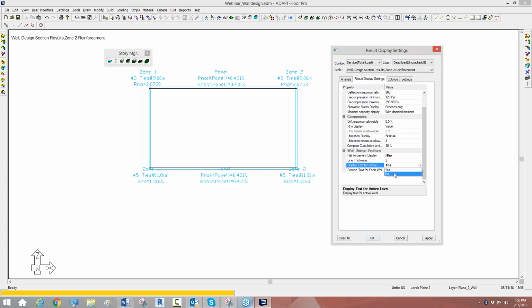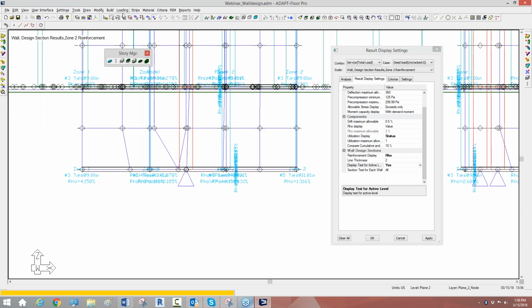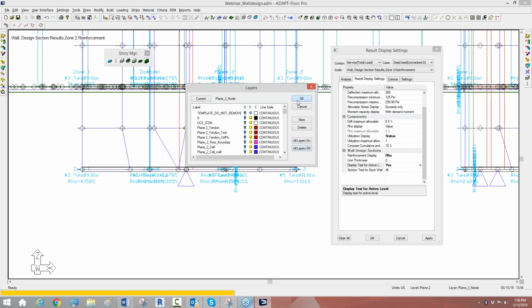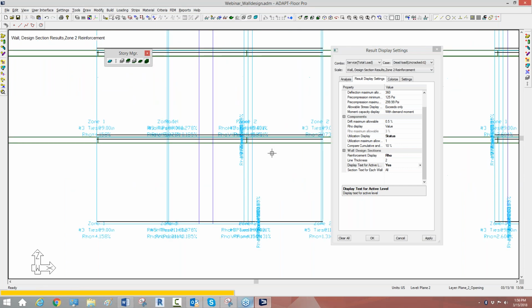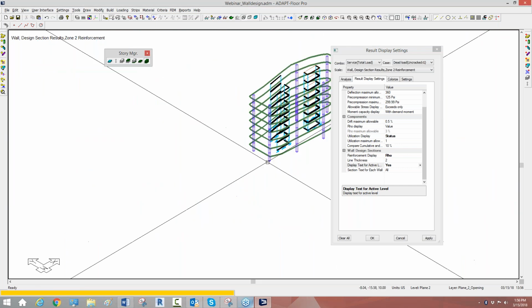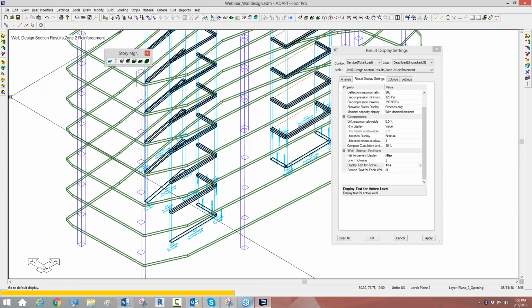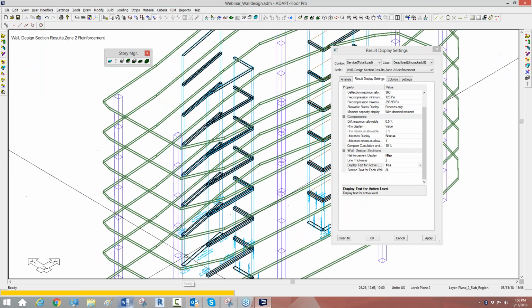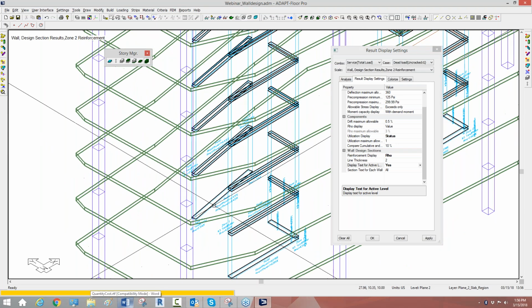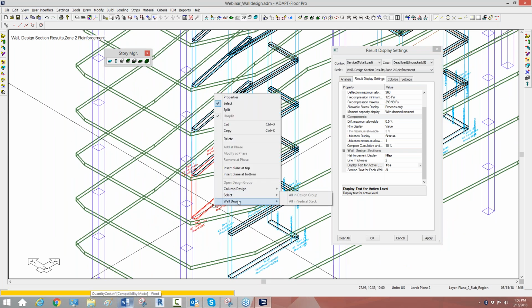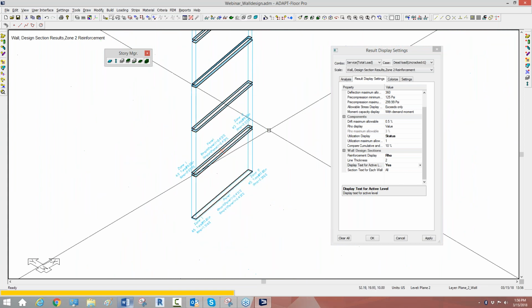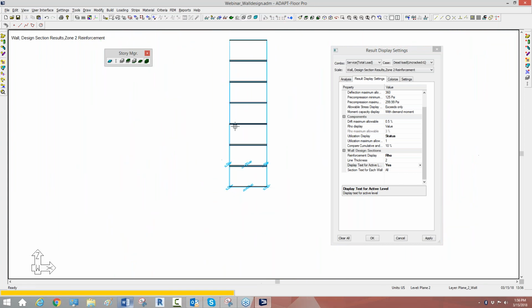So if I have the entire stack shown, let me go back to the entire stack. Okay, I just turned on everything. I'll just reset the view here. We're looking at wall number, so we're looking at wall 1. So let me go back to this wall. I'll isolate the face, and